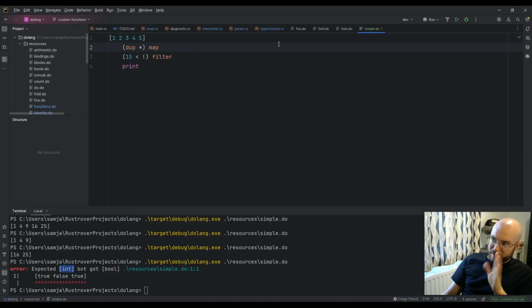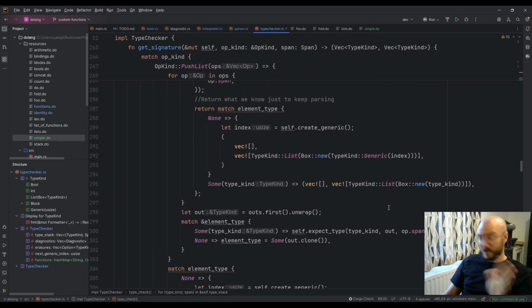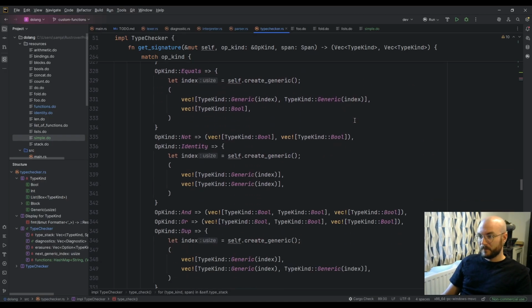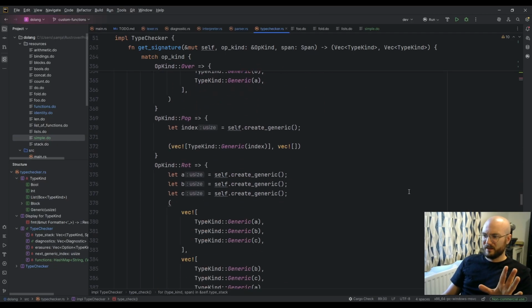So yeah, that's what the type checker does, and it just interprets the program on the level of types, and if it seems correct, then it moves on to interpreting. If it seems incorrect, then you get diagnostics. And since last stream, since we had a really nice, robust type checker that could handle these higher order functions, I just went and implemented a bunch of them, because it would have just been a lot of the same thing over and over again.